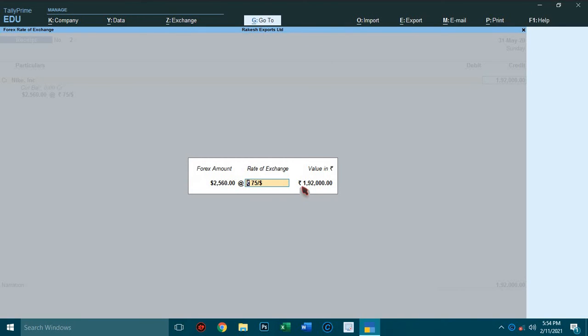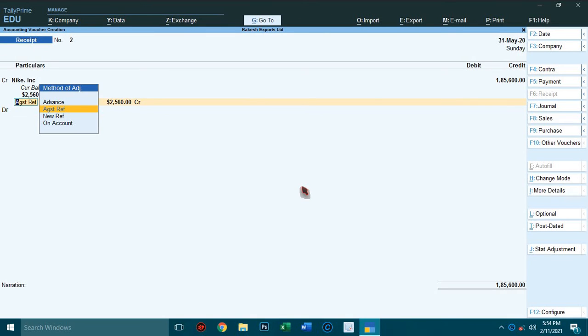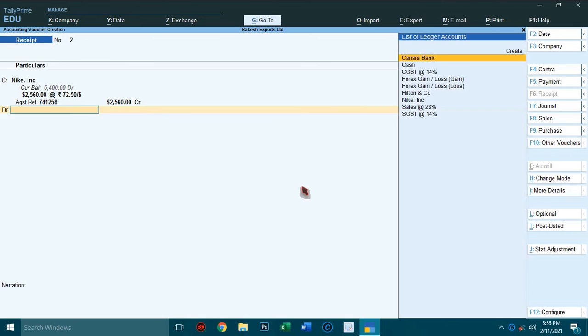So you have to specify here, how much amount? So 72.50 paise as per today's newspaper. Today's means 31st May. 72.50 paise per dollar. Dollar symbol is very important. Against reference, Canara Bank.